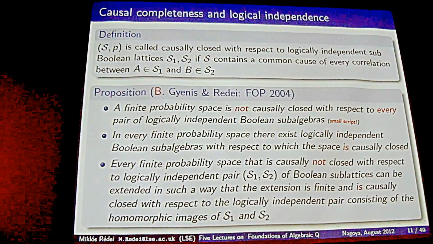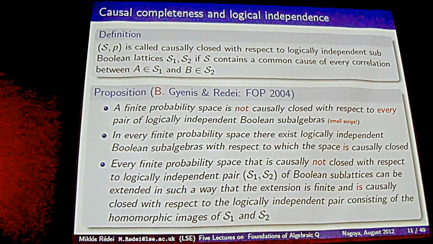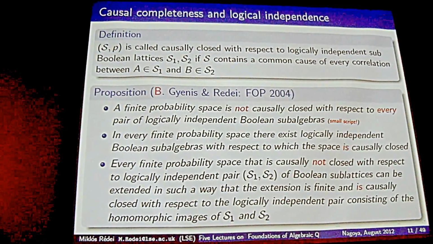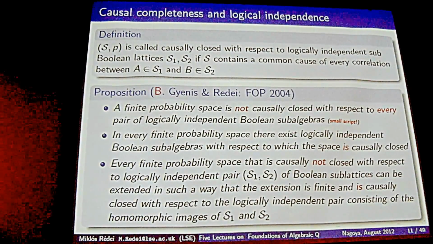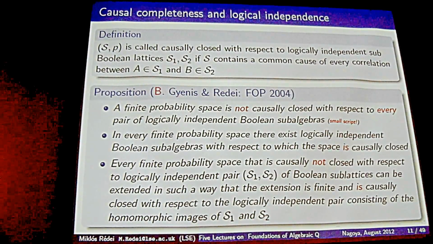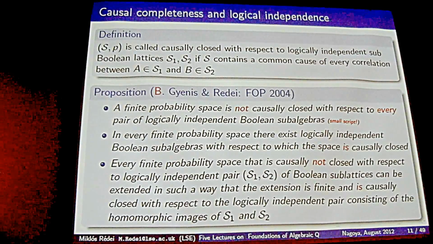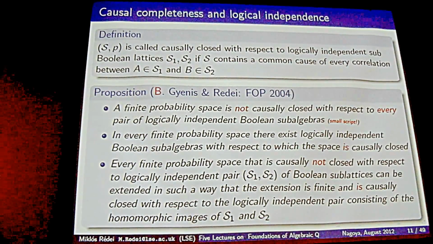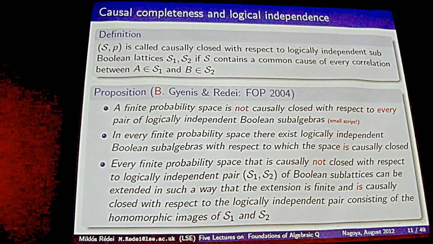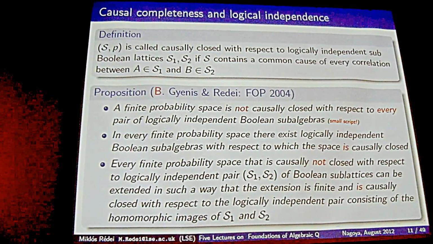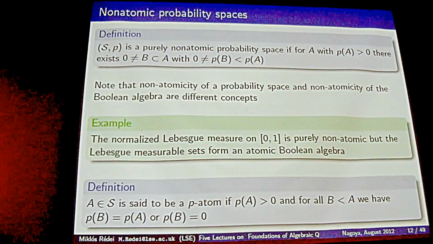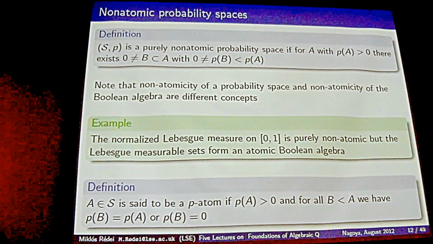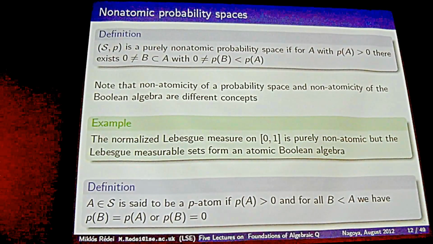But even if you don't, this has heuristic value, because it tells you, look, you have designed this probability space to describe a certain phenomenon. This probability theory gives you a correlation, but you're unable to explain it within that theory. Maybe you should have another theory, a better one, a larger, richer, finer one, which is capable of giving you an explanation of that correlation. And this proposition says that indeed this thinking is a good thinking because it's maintainable mathematically speaking.